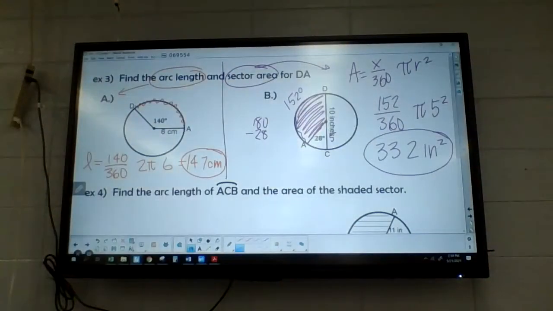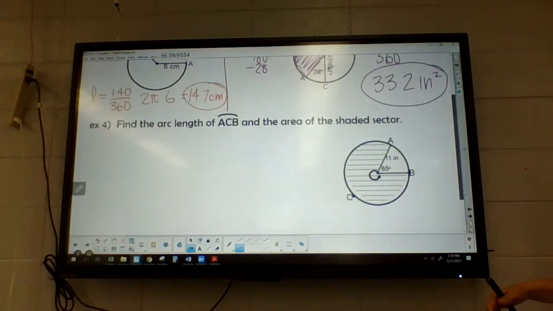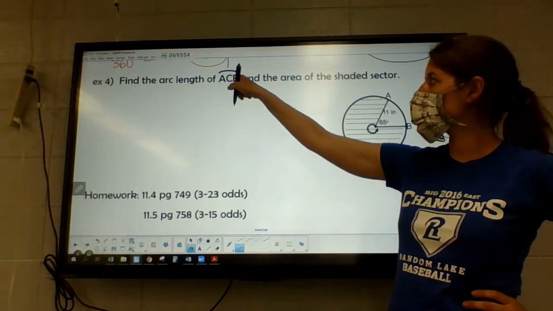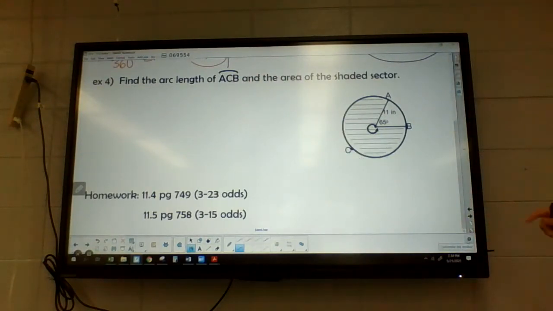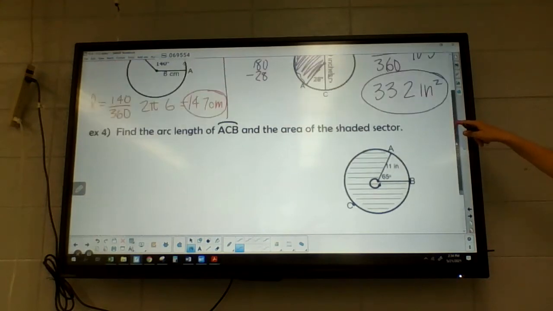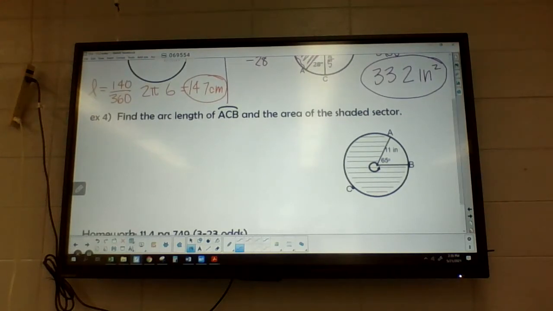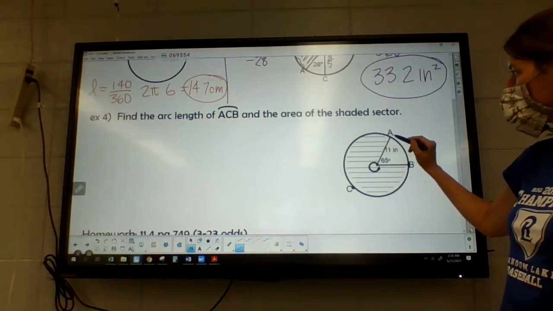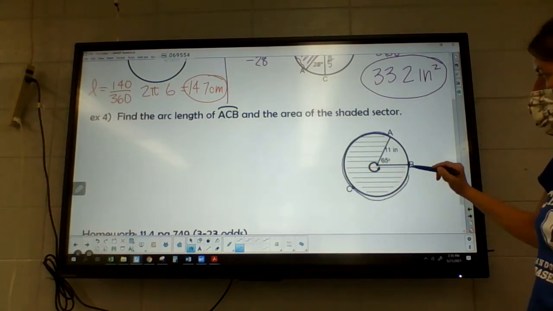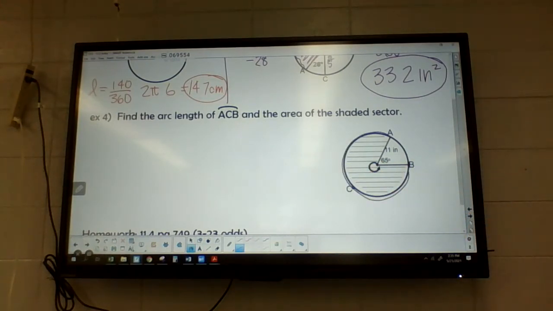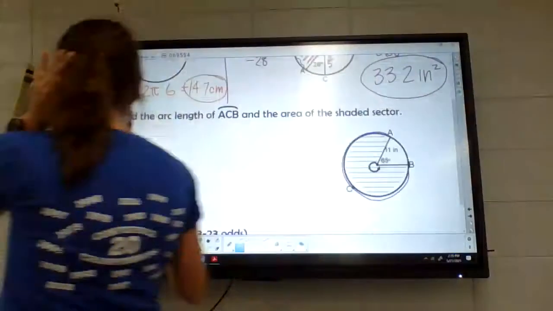Now this last part here, this one's a little bit tricky. This is something from one of the chapters we skipped over that had to do with circles. Now, when they talk about the arc length of this little ACB, it's kind of like an angle idea. Okay, so arc length of ACB. So when it says ACB, that means I want the arc length all the way around here. So I'm going the long way around the lake in this case. So if they want the arc length here,